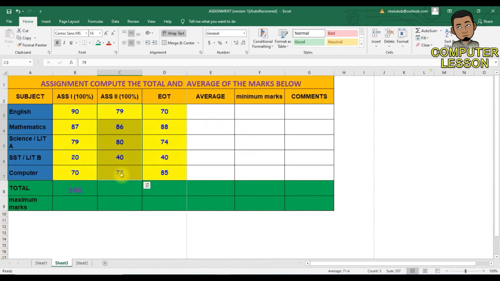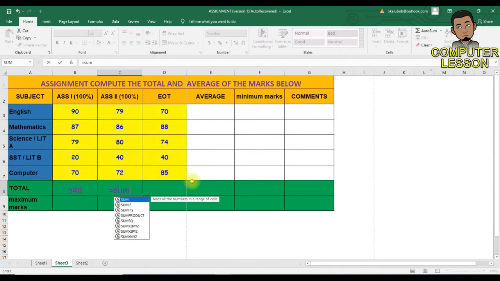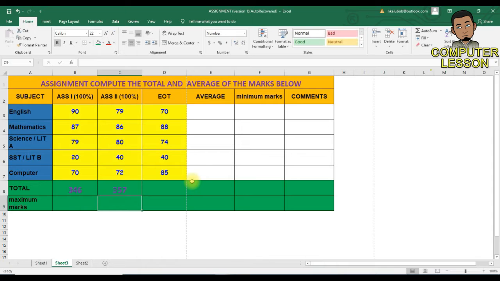The same thing we can do for this one, but since for this one we want to try and type in our formula, we shall come here and put equal signs. Every formula in Microsoft Excel starts with equal signs. You come to equal signs, put sum. If the formula is there, it will just appear there. Open brackets, I want to get the sum from C3 to C7. How do you write to? We put a colon. I close the brackets, press enter, and it is there.